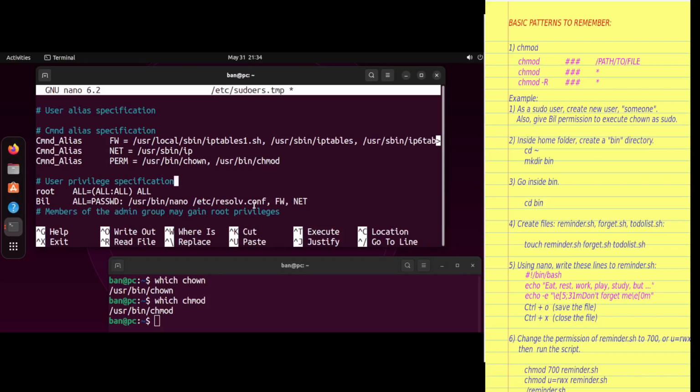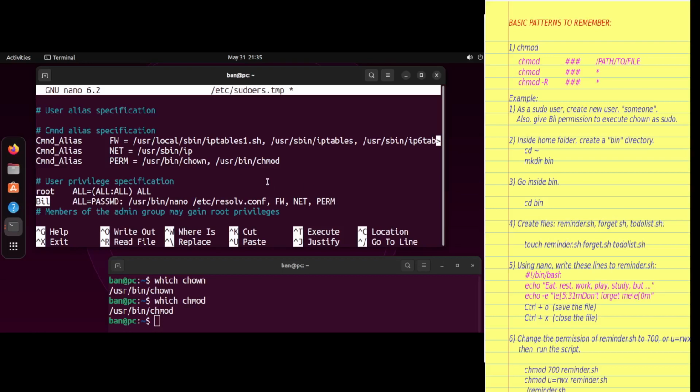Now that we're done with that, let's go to this line and let's add perm to it. For this demonstration, we will temporarily give Bill the permission to execute these two commands. So, for temporarily giving ourselves convenience. Now that we have added this alias here, giving Bill permission to execute these two commands, we can now save